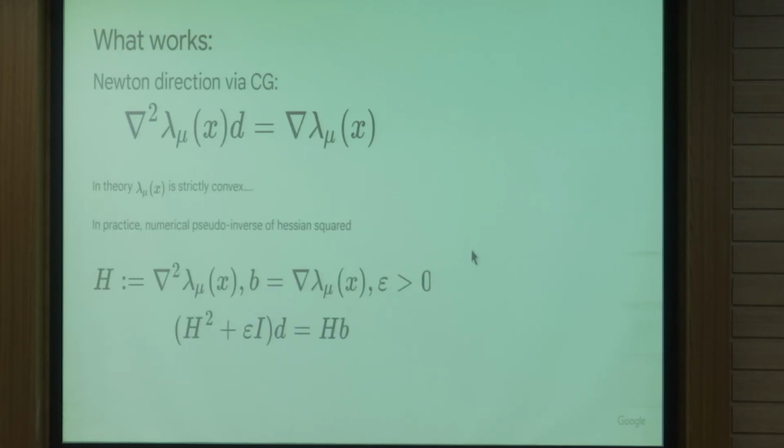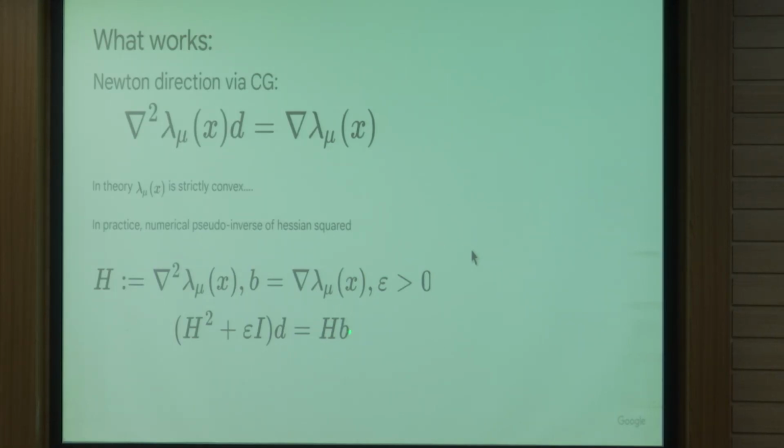And what you can do and what you should be doing is, well, let's call H your Hessian and B the gradient at your point. And you look at this form. This matrix now is for sure positive definite. Why am I also multiplying the gradient by H? Well, because the gradient itself can be computed with some numerical errors, and this is very fickle to numerical errors.